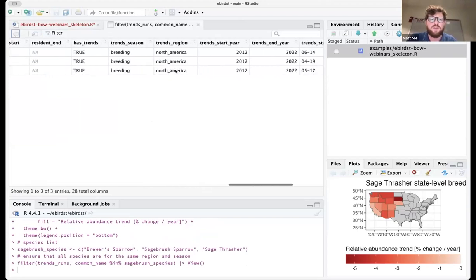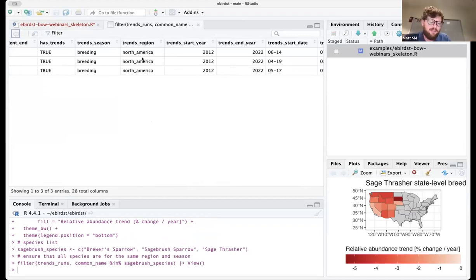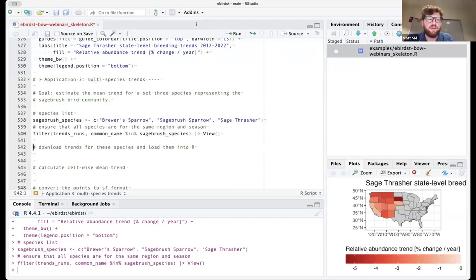This is a worthwhile thing to do just to make sure that the species are all for the same region and season. So for example, if you don't want to combine a North American trend and a European trend or something like that, because it doesn't make sense. So just a quick check to make sure we're, in this case, all 3 are trends for North America.